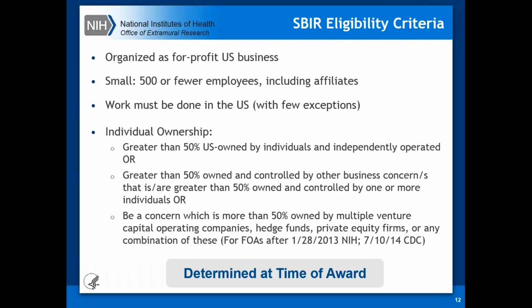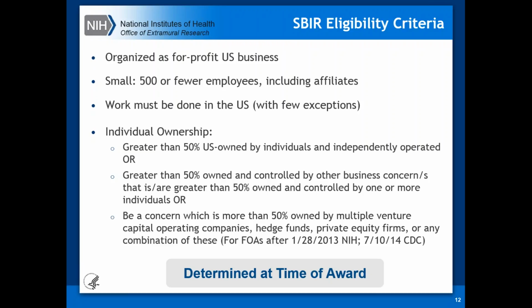Okay. Now, with respect to applying, the SBIR eligibility criteria is that the small business needs to be organized as a for-profit U.S. business, needs to be small, obviously by name, 500 or fewer employees, including affiliates. The work must be done in the United States with very, very few exceptions. And individual ownership can be greater than 50% U.S. owned by individuals and independently operated,